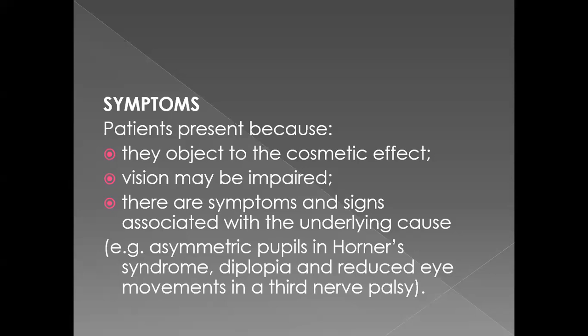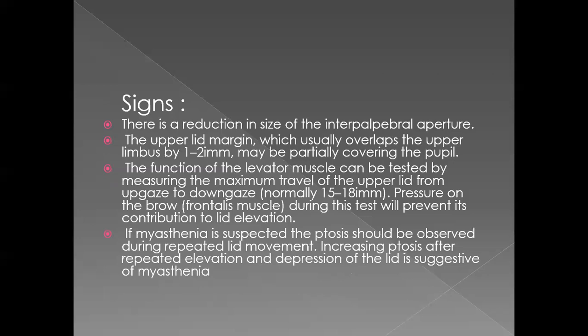Reduced eye movements, yes, this is also concerned with the neurological causes, because third nerve palsy not only supplies the levator palpebrae superioris, but it also supplies the recti muscles, the superior rectus, the inferior rectus, the medial rectus, and the inferior oblique. These are the muscles that are also supplied by the third nerve. So whenever there is a third nerve palsy, it will not only affect the levator palpebrae superioris, but it will also affect the muscles that move the eyeball.